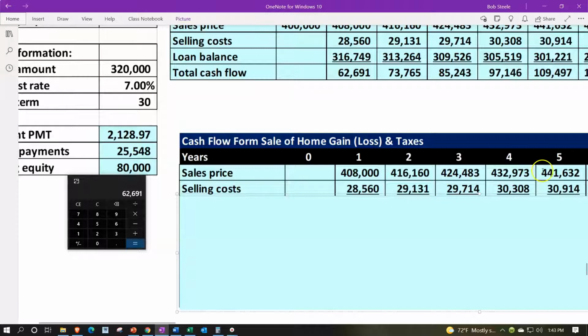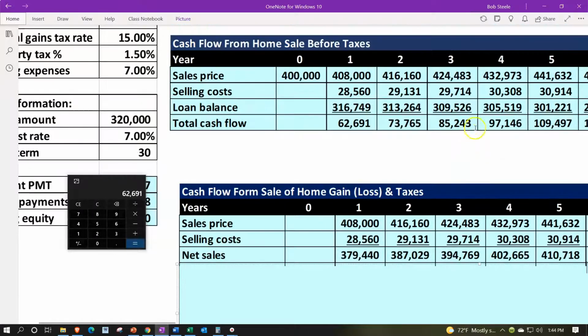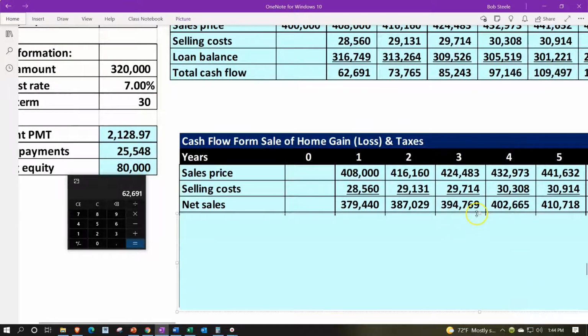But let's say we sold it in year 5. It was the $441,632. The selling costs, we're going to say, are the $30,914. Same selling costs we had up top. And then that means we've got the net sales. In other words, if I sold it for $441,632, I had to pay the selling cost, $30,914. I have net sales before I pay off the loan of